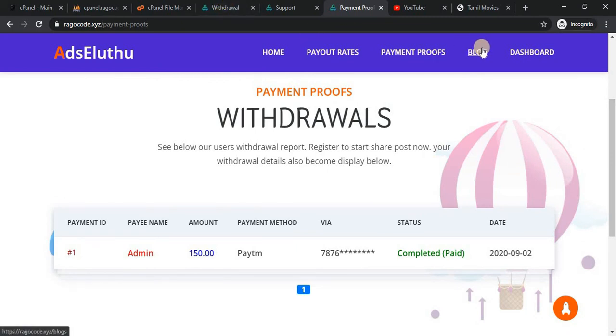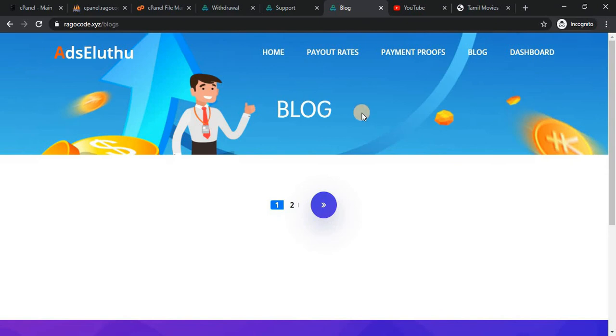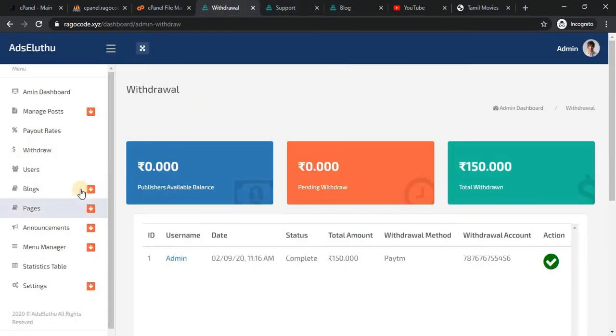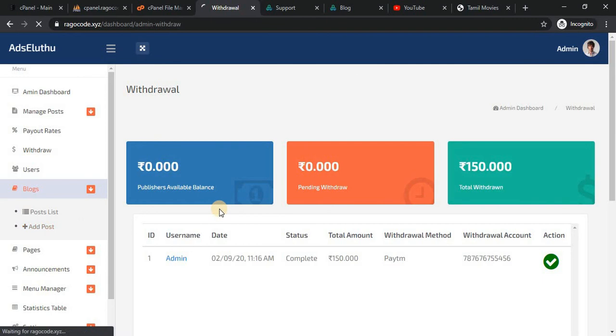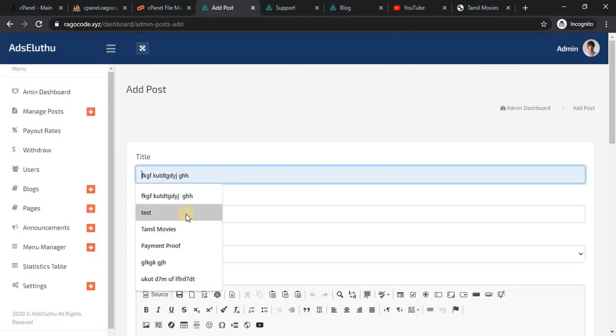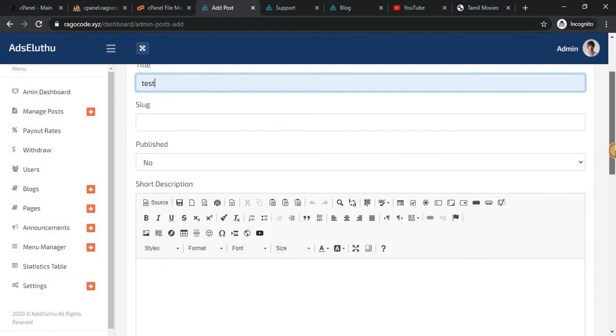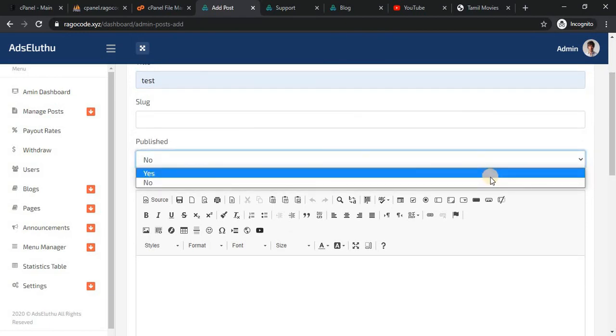And then another one is blog. I have not created any blog, so there is nothing here. I'm just creating a new blog and clicking add blog. It's just for a test here. The slug is automatically generated, so I'm ignoring it and then selecting publish.